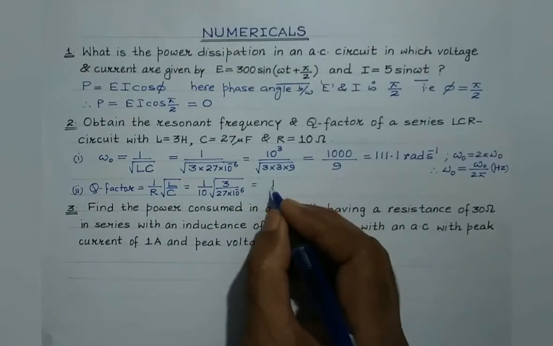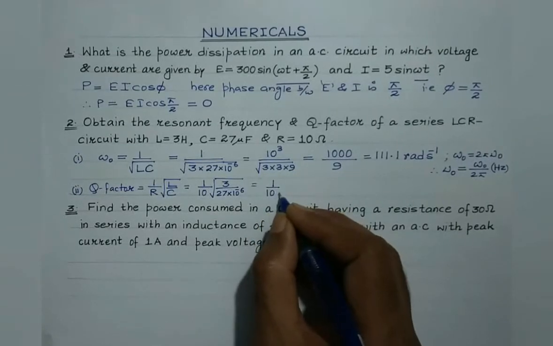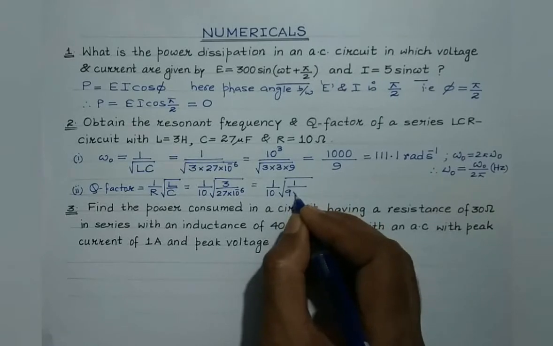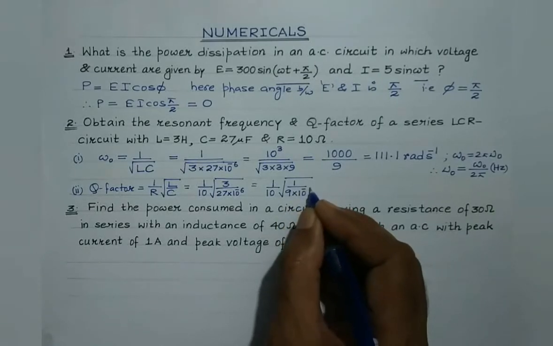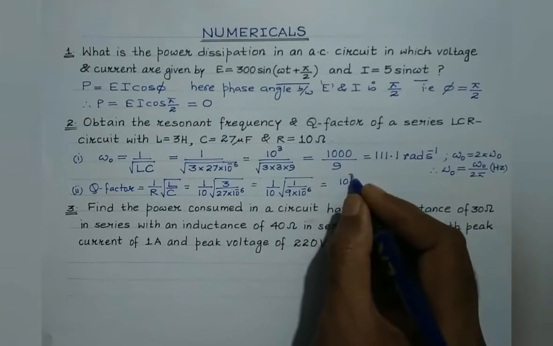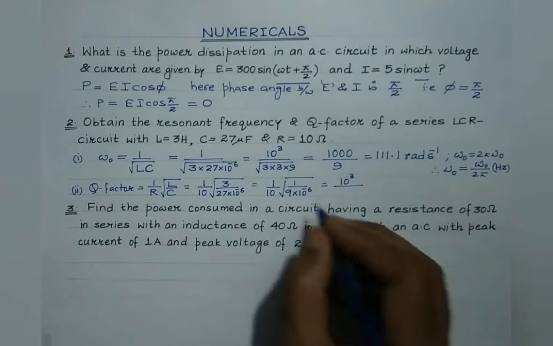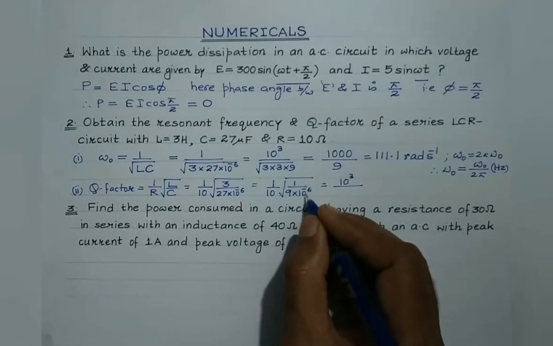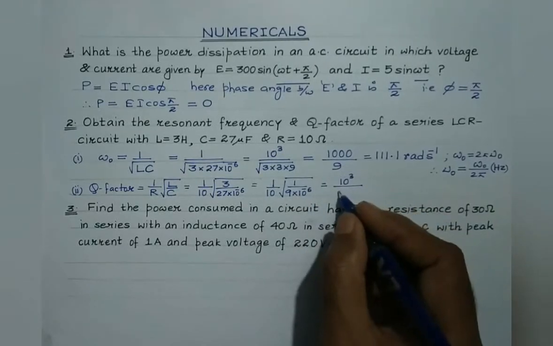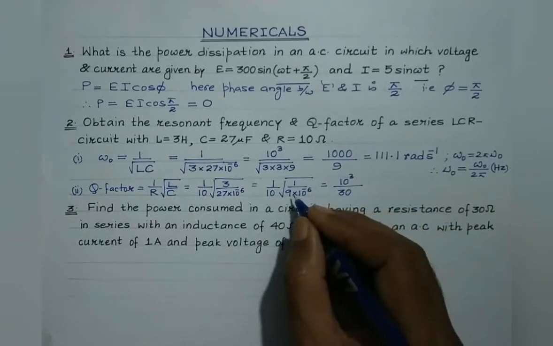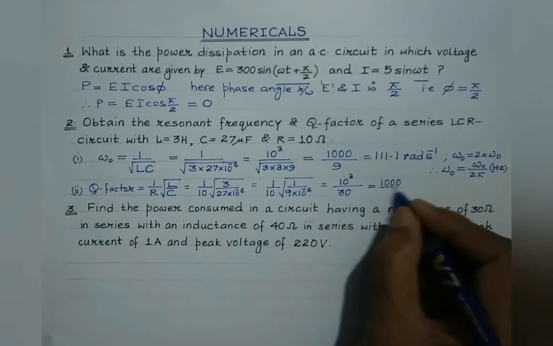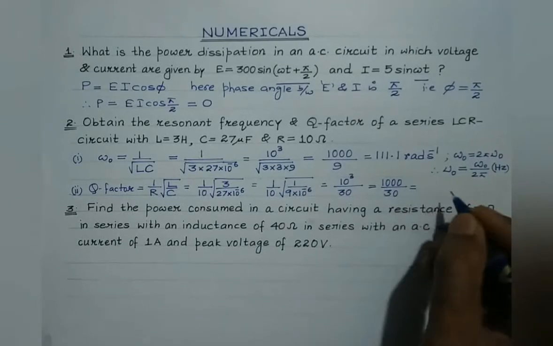So what we get is 1 by 10 square root of 1 by 9 into 10 raised to power minus 6. So students, that will give us 10 raised to power 3. Square root of 10 raised to minus 6 is 10 raised to minus 3. And when it goes in the numerator, it will become 10 raised to power 3. And divided by square root of 9 is 3. 3 into 10 is 30. So it is equal to 1000 divided by 30. So 100 by 3. That is